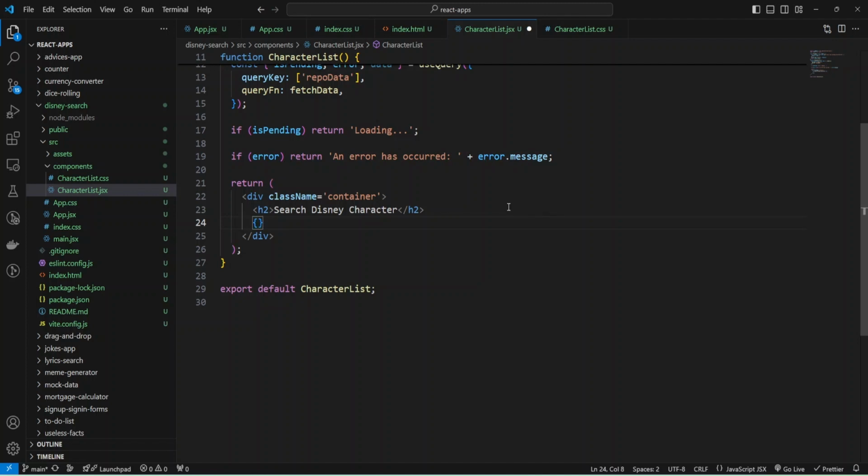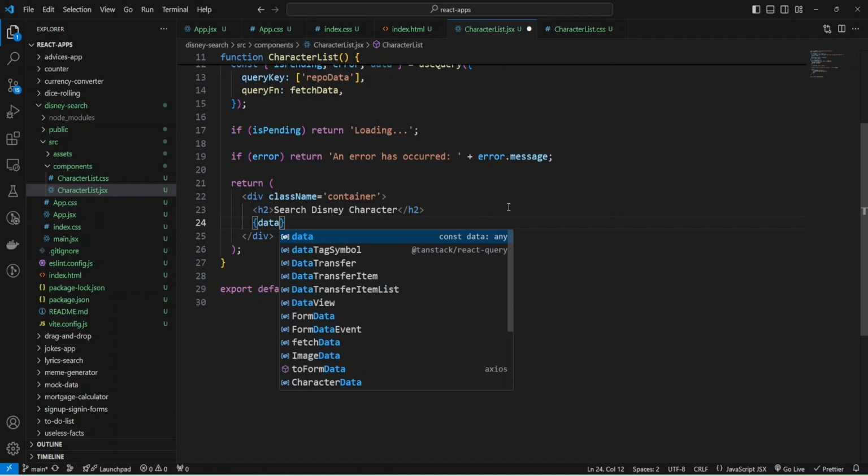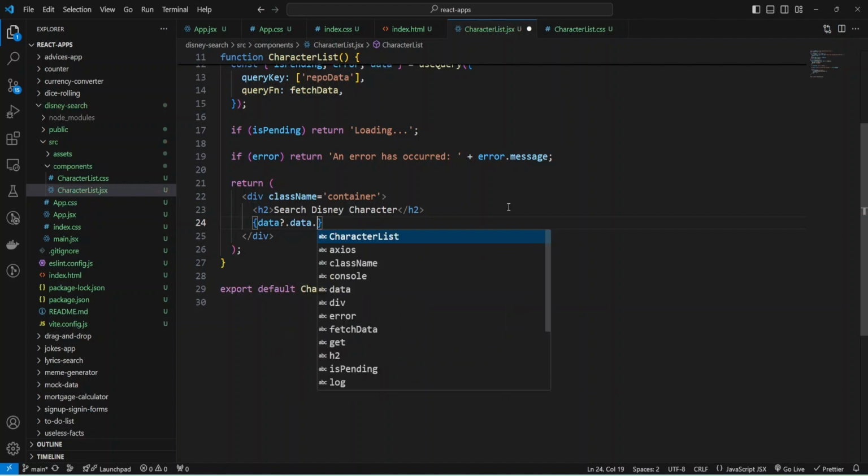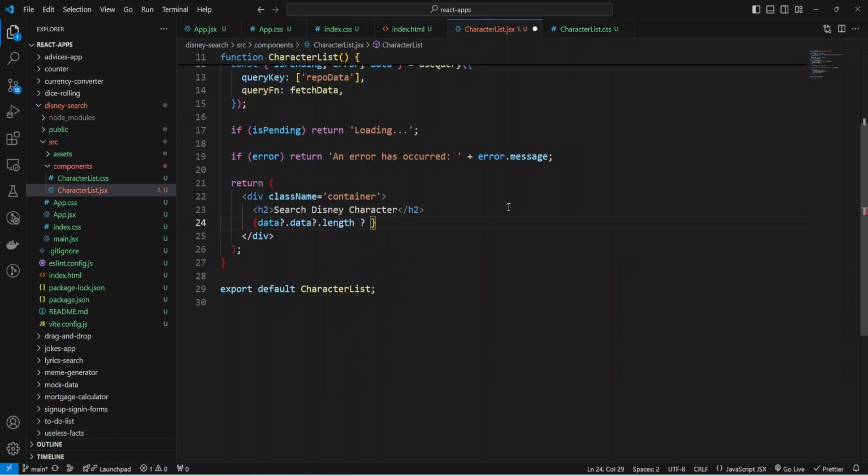I'm going to use code, and inside code I'll check that we have data, and also check the length.